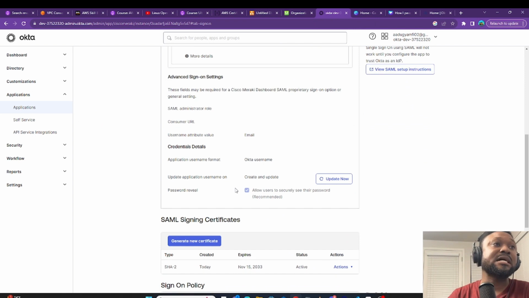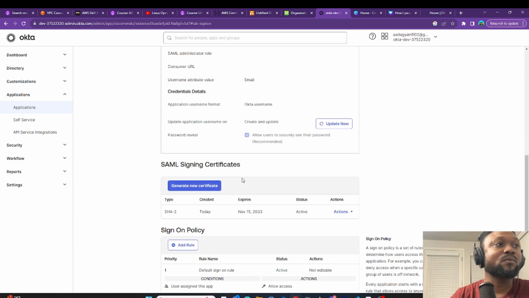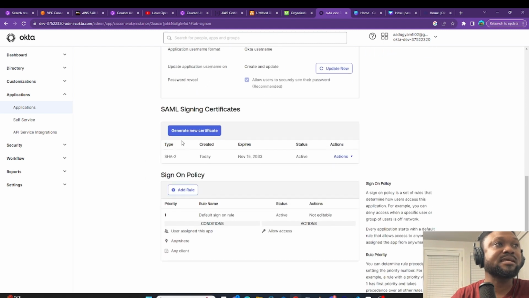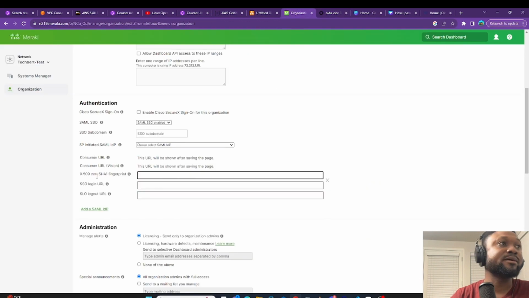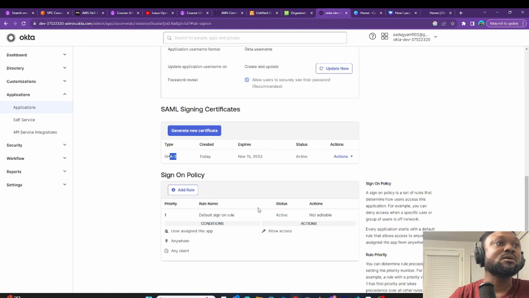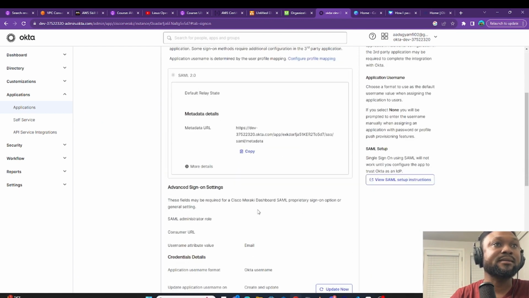When you scroll down a little bit, you're going to see here that we have the consumer URL, we have the SAML administrator role, we have the username attribute value, right? And you can see here the SAML sign-in certificate, which is the SHA2. So this is basically what we're going to put in here. As you can see, the SHA1 fingerprint. All right, so now we have to go ahead and